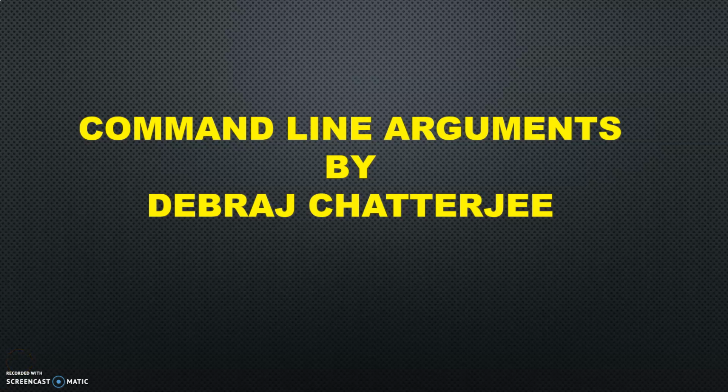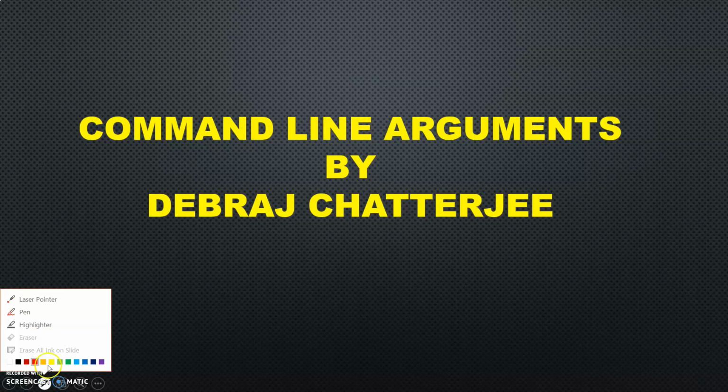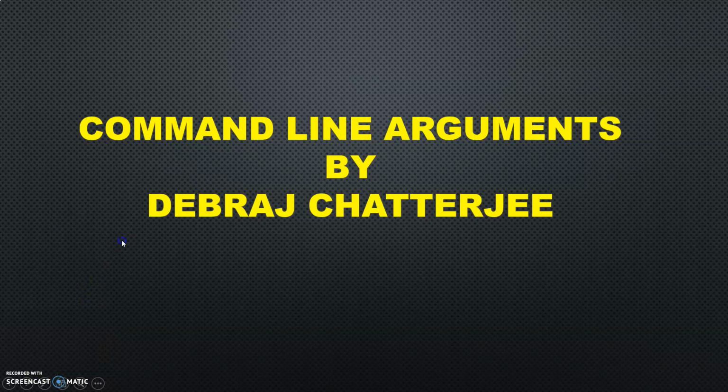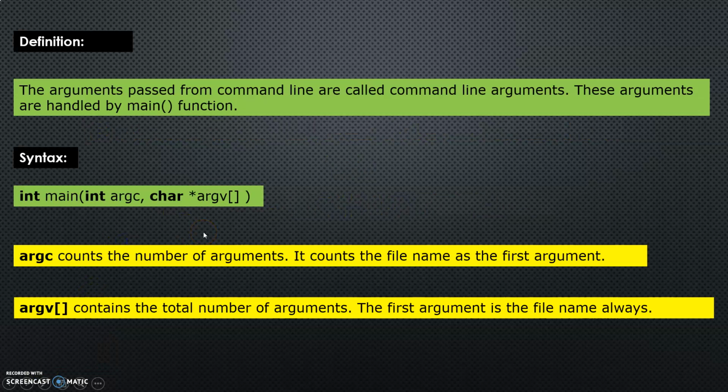Hi, good morning, students. So today there is a new topic on command line argument. Command line argument is an important part of the C language. Before this, we inserted elements or declared and initialized variables inside the function scope, right? So here we are passing the parameters or arguments inside the main function.